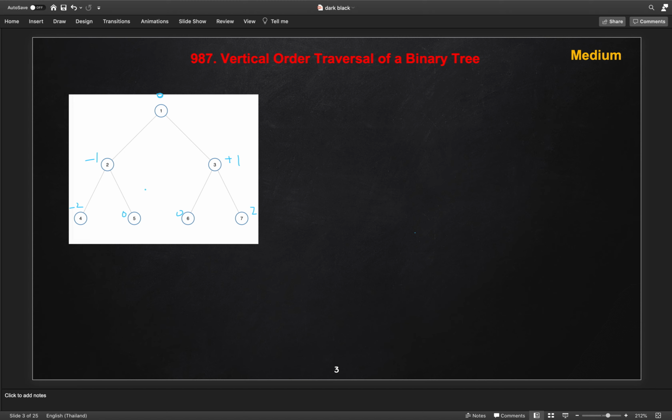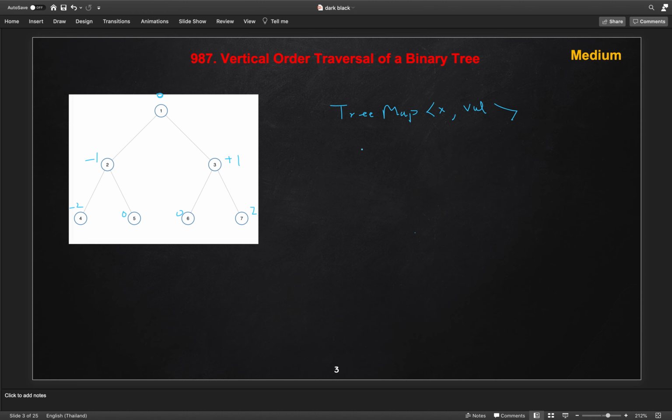If we have to write the code for this, we use a hash map where we keep the values, and we also need to keep them sorted, so we will use a tree map. In the tree map we store the key as our horizontal distance, which is the x coordinate, and the value as the node value itself. Then we build that map, and in the end we prepare our list of lists from it.